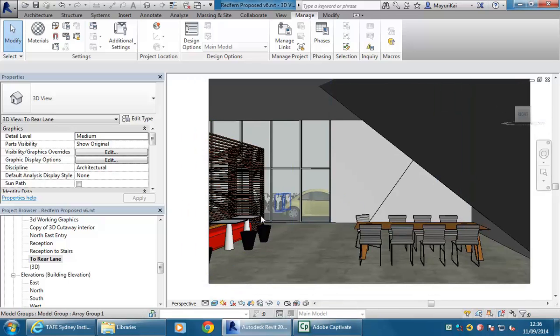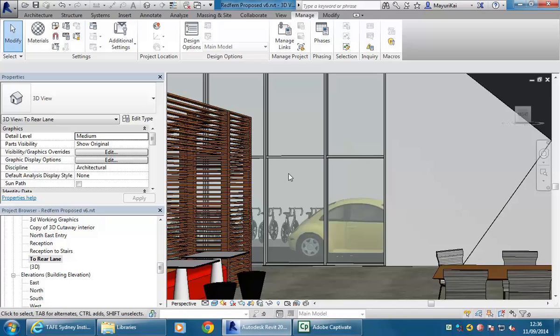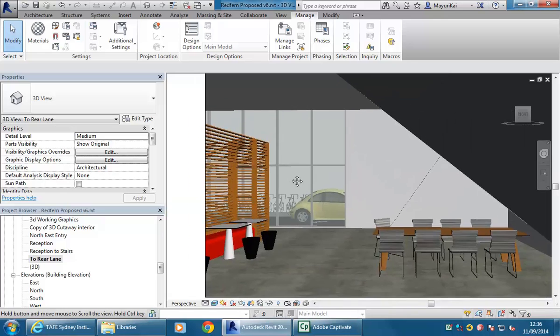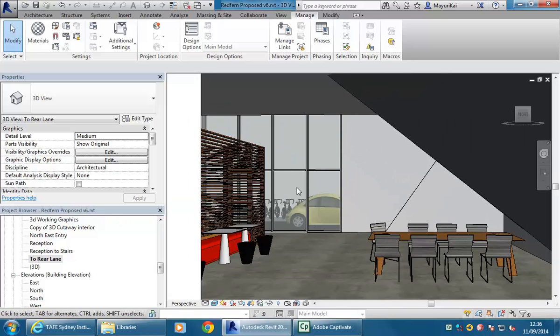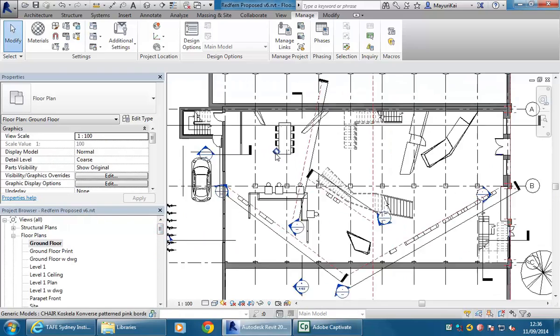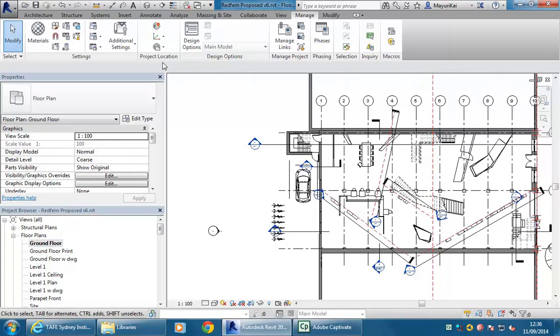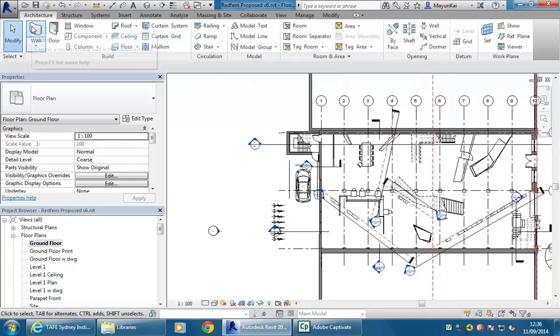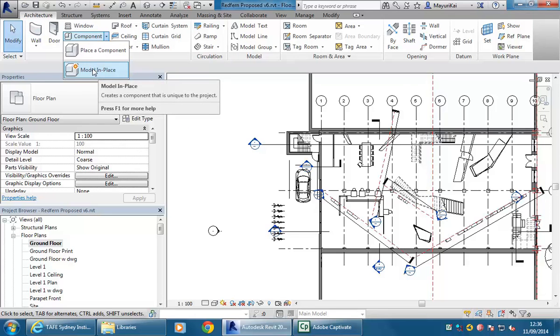Okay, so I'll just give you a few more examples using photo-based textures. With the laneway at the back, you would probably see a face brick wall, because it's an old area. So I'll just put in something quick there to give me that. I won't even use a wall. I'll just put in an extrusion modelled in place,